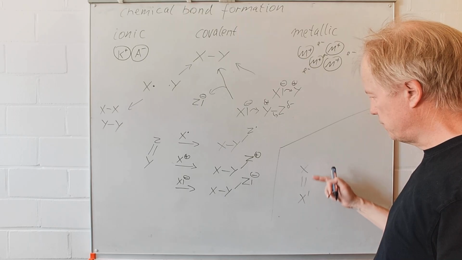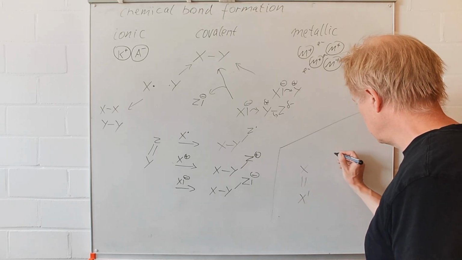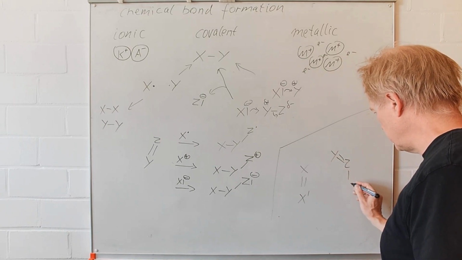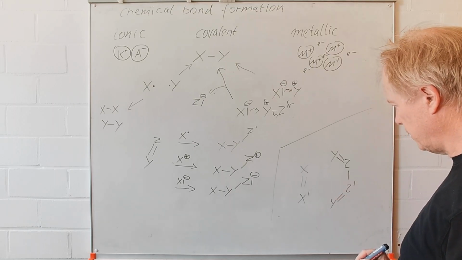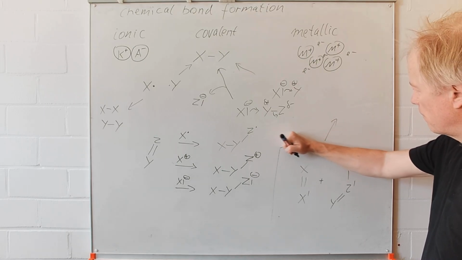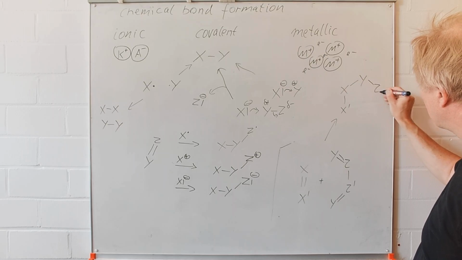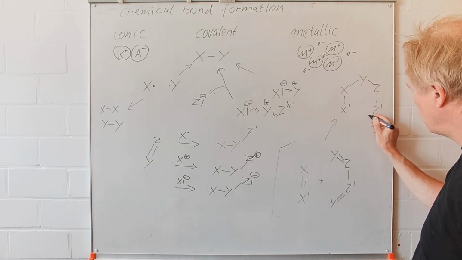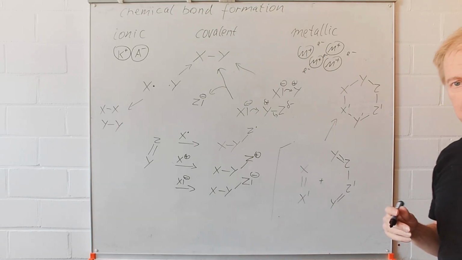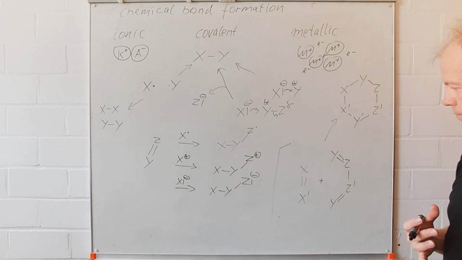Let's assume we have a double bond between the centers X and X prime, and we have another system conjugated with 2 double bonds between the centers Y and Z prime and Y. Then a cycloaddition could occur, all centers connected in a 6-membered ring. The famous Diels-Alder reaction would fit into this scheme, and these reactions are especially interesting because